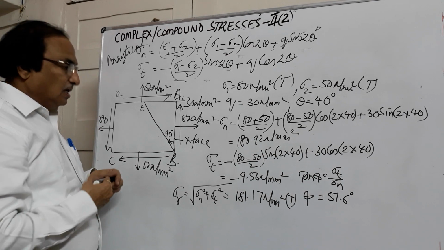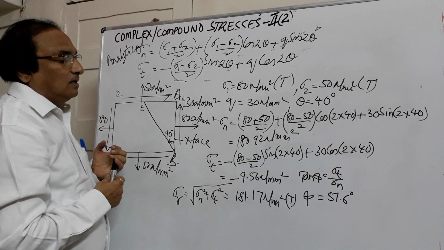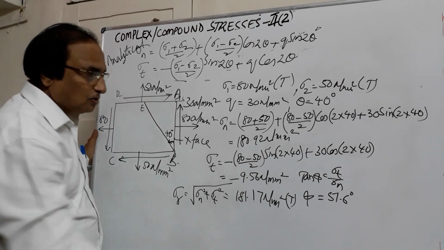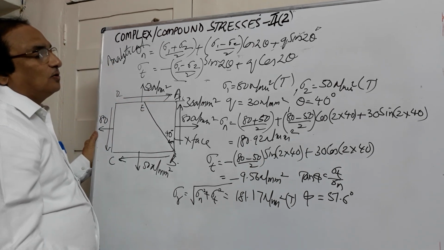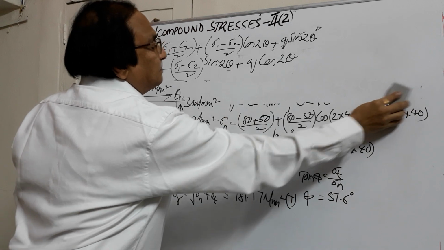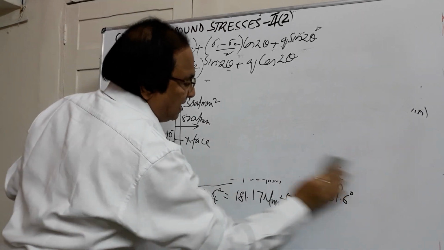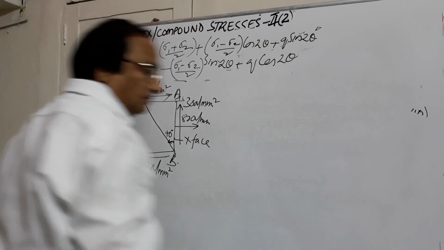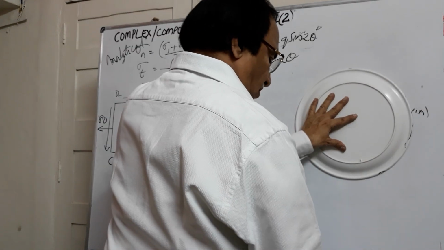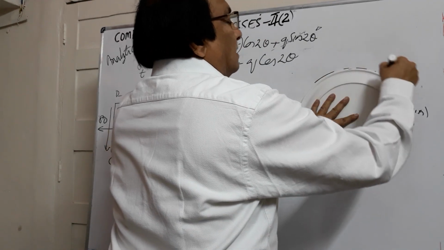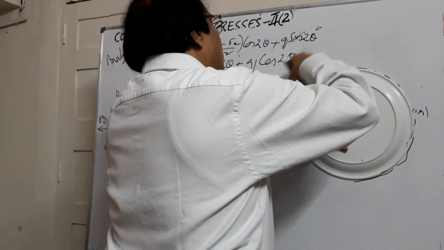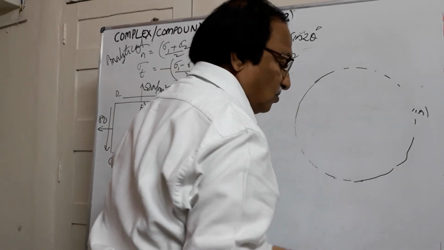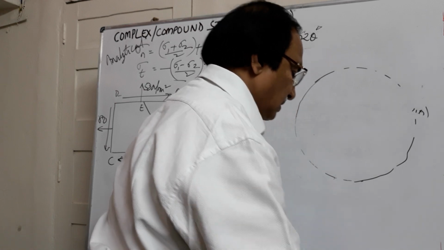Now this is the analytical method of solving the problems where sigma 1, sigma 2 and Q are also given. Having done it by the analytical method, we'll try the graphical method now. For my simplification I am drawing this circle so that the figure will be convenient for you. In the beginning we don't have this circle. Now we will be plotting this circle.